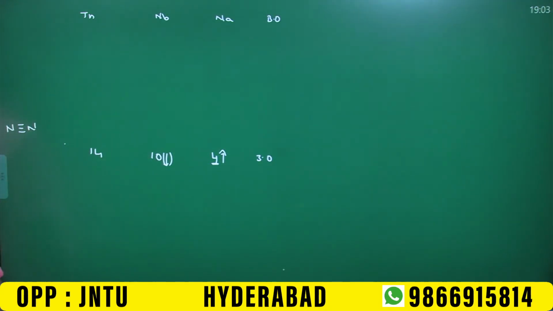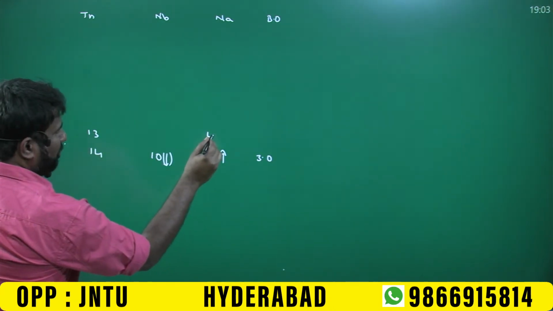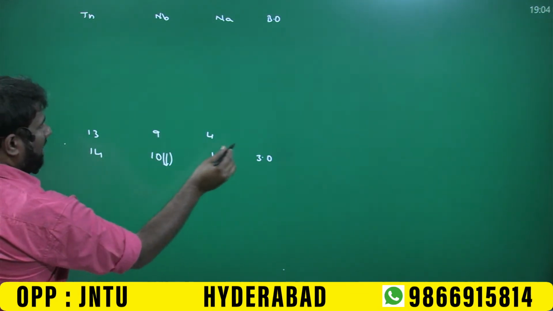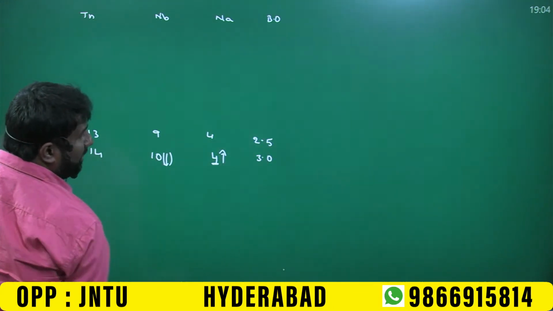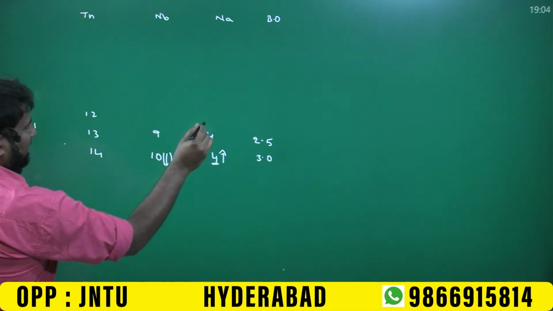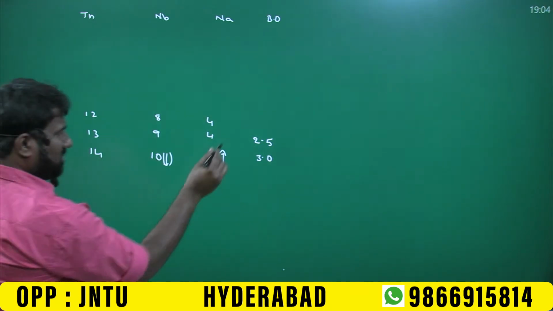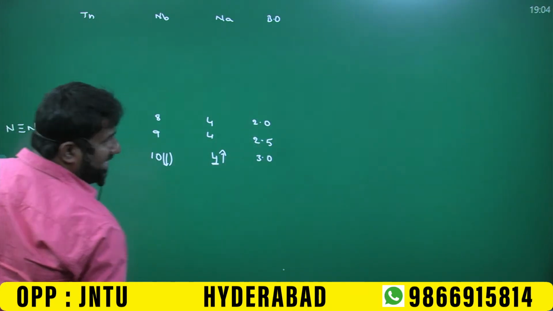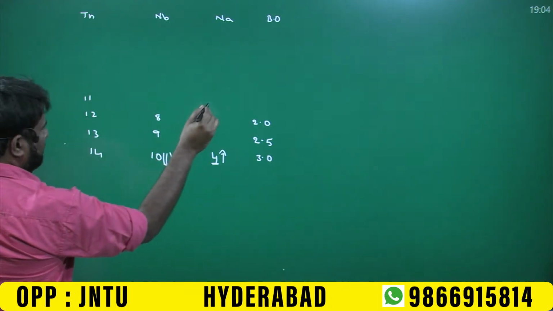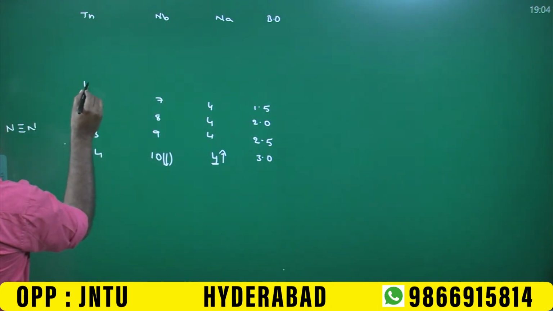electrons remains constant. Okay. For example, I am writing 13. This is constant, means 4. 13 minus 4, 9. The bond order can be decreased by 0.5, so 2.5. Okay. Then coming for 12. Then this is 4, remains constant. 12 minus 4 equal to 8. The bond order becomes 0.5 decreases, 2.0. Then now coming for 11, this is 4, remains constant, 7, this is 1.5, this is 10,